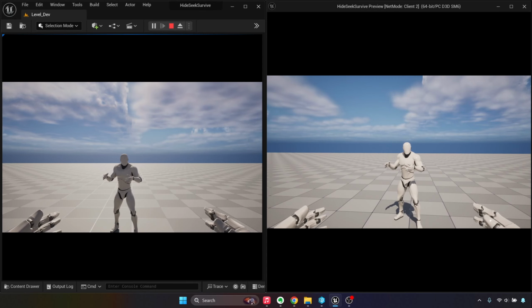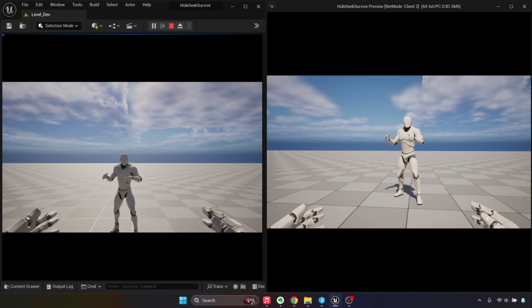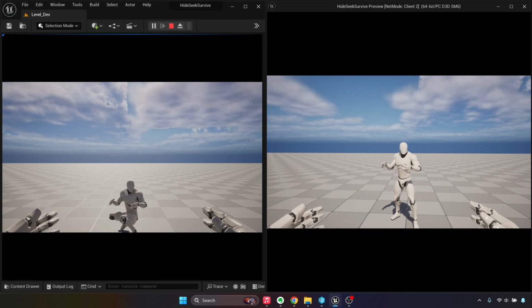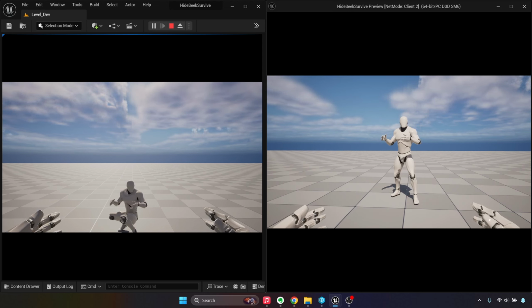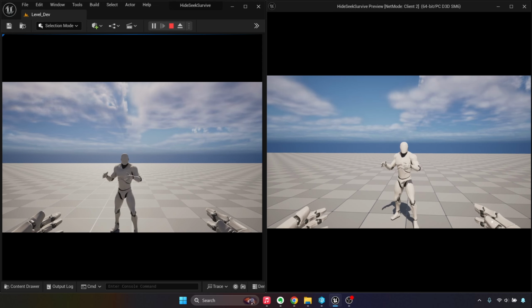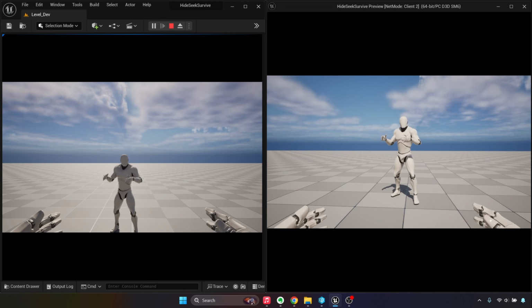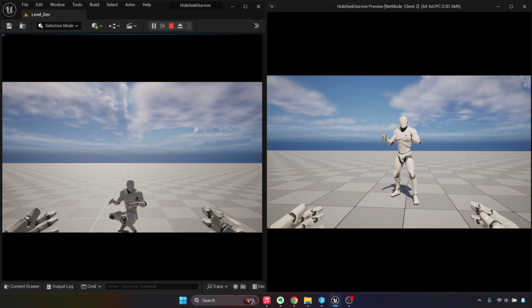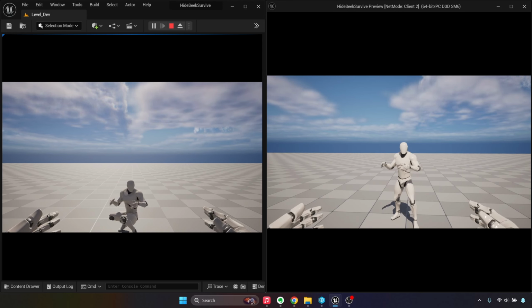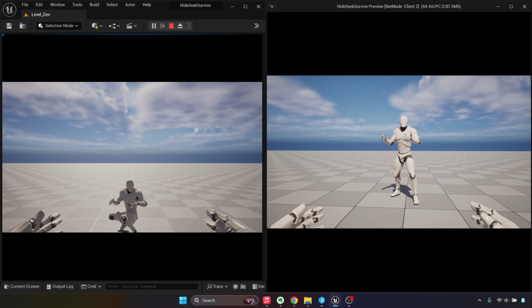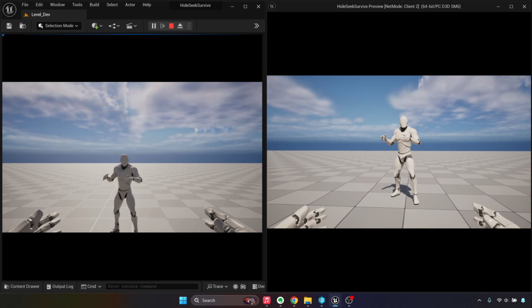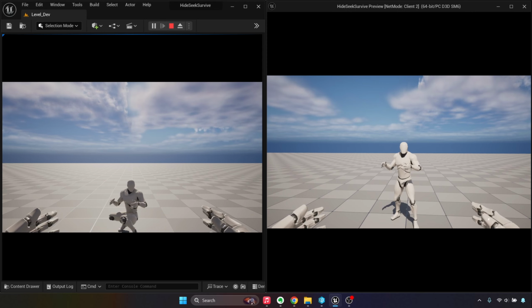Alright, so today I'm going to teach you guys how to debug our project, and to do that, I implemented a bug into our project. And as you can see, when we crouch controlling the character on the right, the character on the left, so our third person character that should be matching what we're doing on the right side, is not matching properly. So something weird is happening in here, and we're going to go through the process of diagnosing the issue and